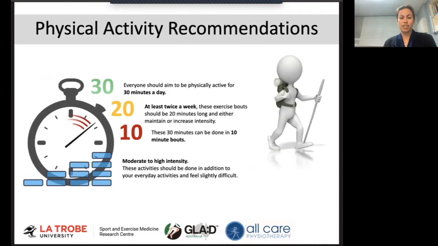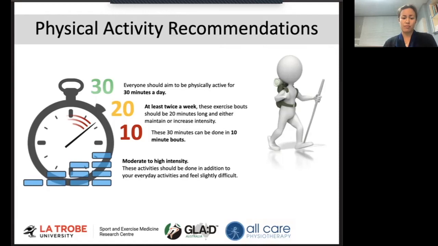So if we look at the physical activity recommendations, guidelines in Australia recommend at least 150 minutes of moderate or 75 minutes of vigorous physical activity per week. You will receive further benefits if you do more than this as well. A simple aim should be to complete 30 minutes of exercise every day. And importantly, the exercise should be completed in bouts or sort of lots of at least 10 minutes at a time. At least twice a week, these exercise bouts should be 20 minutes or longer